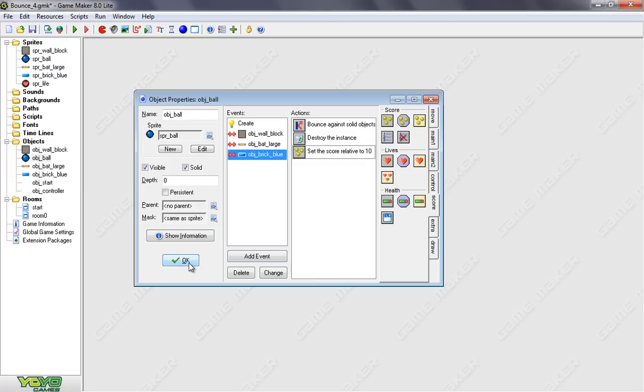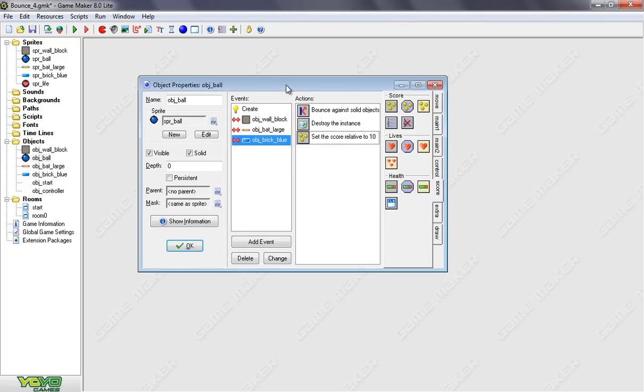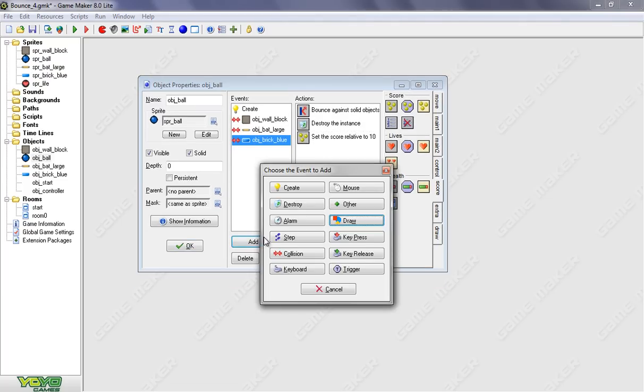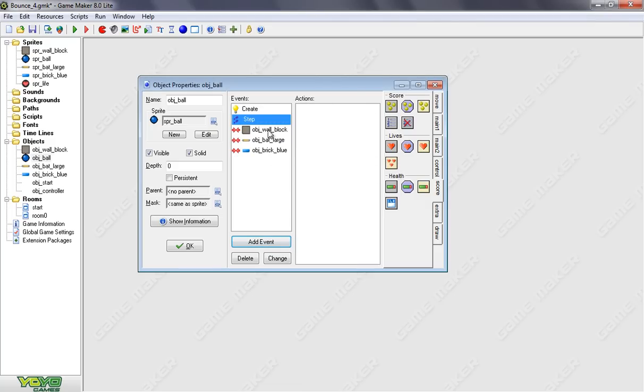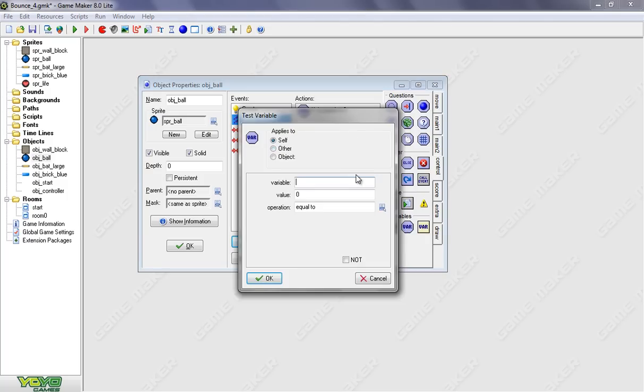How about when we play the game, it's not possible to die. So let's add an event, a step event. Remember, the step event is checking all the actions all the time when we play the game. So it's just checking this over and over again in a loop. So we want to check the position. We want to check a variable. We want to test the variable and see if the y value